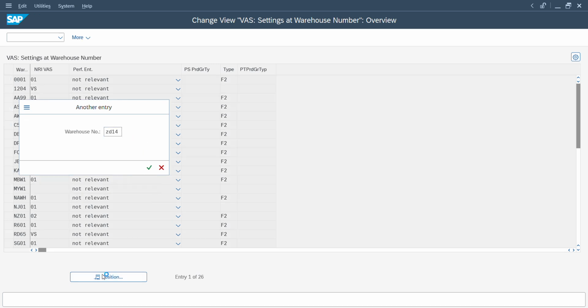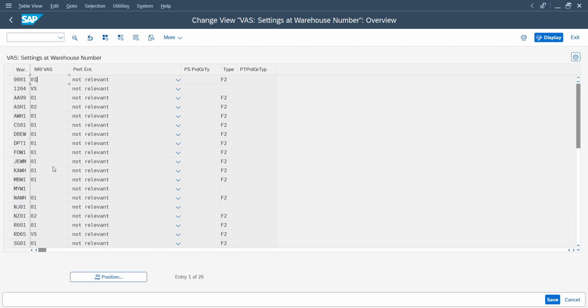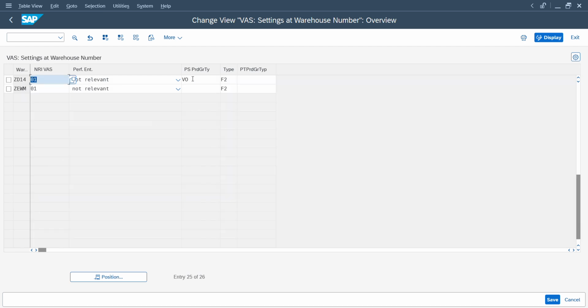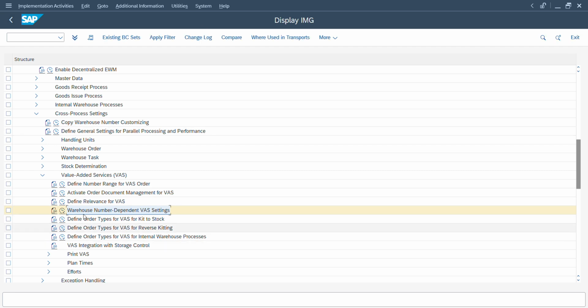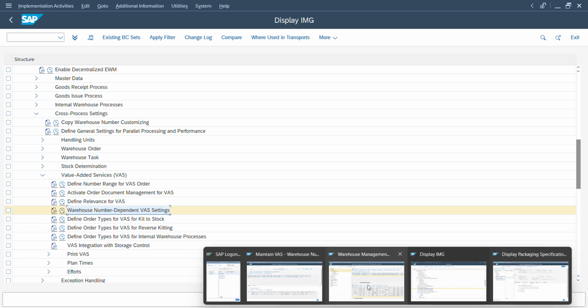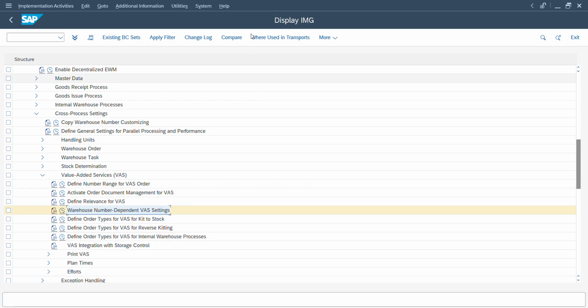You can read the F1 help, I think there isn't much. So these are the values that should be maintained in the material master. Then the system will understand, okay, this is for VAS, and then it will trigger the VAS determination, the pack spec for VAS, etc. Now these are the core settings which need to be done in the system. But the most important setup is the VAS